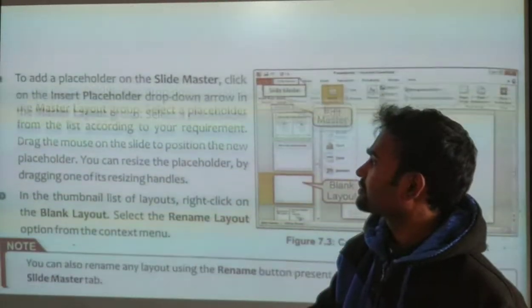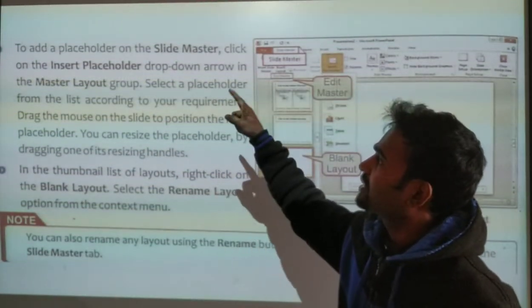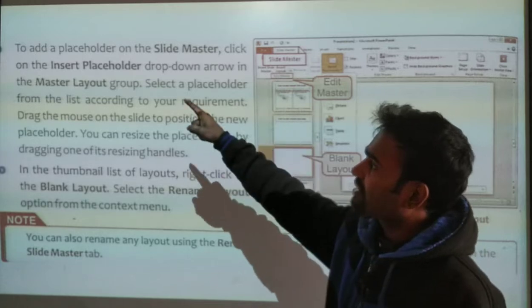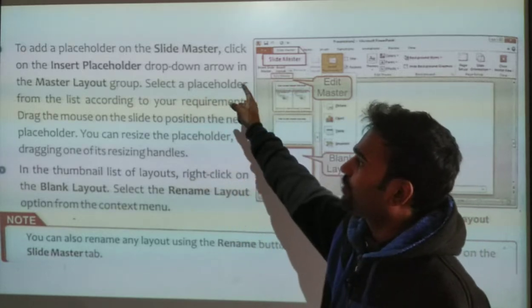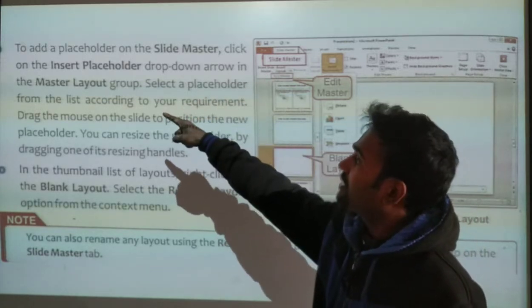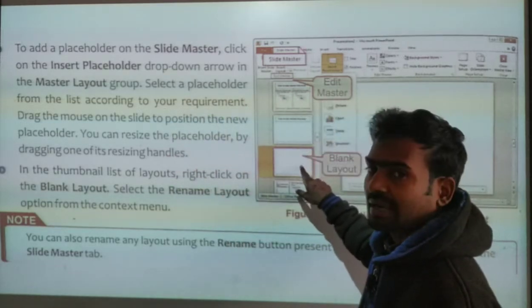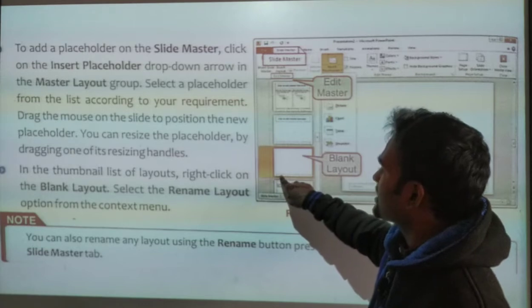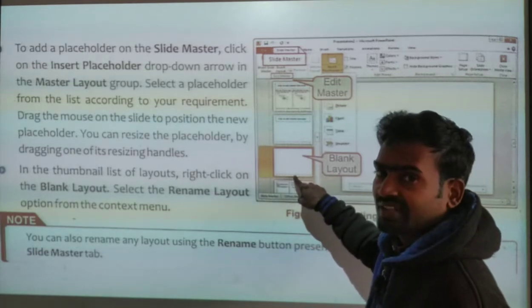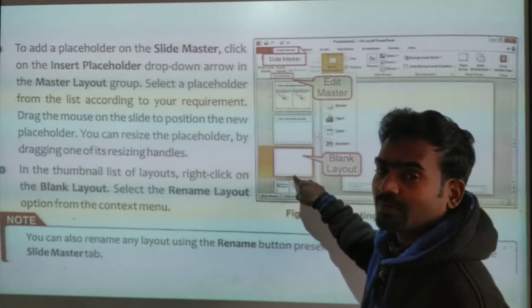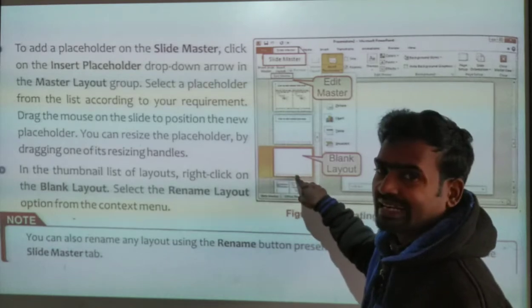And to add a placeholder on the Slide Master, click on the Insert Placeholder drop-down arrow in the Master Layout group. So in the Master Layout group, we have to insert the placeholder. So here it says insert date and time, header and footer, everything we can delete if you want.